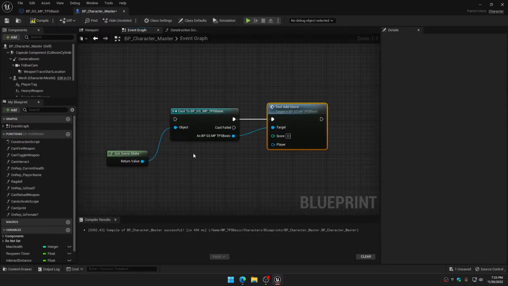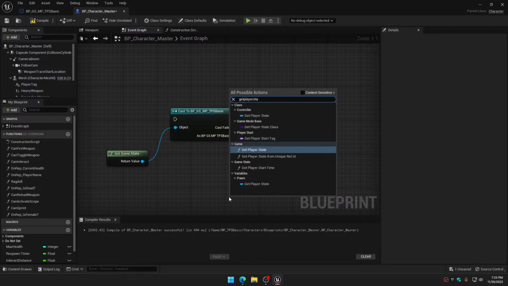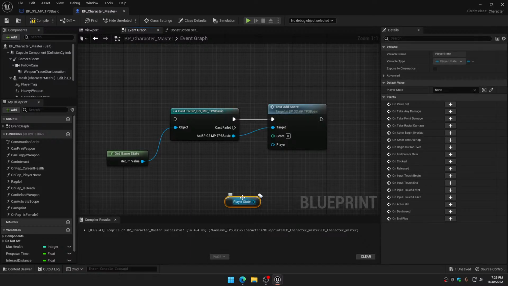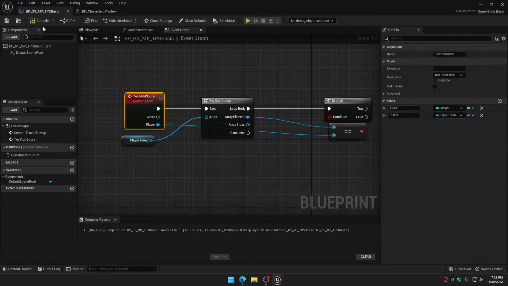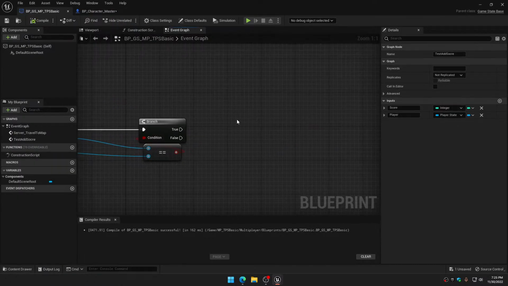Okay. So then you would have to get the players, get player state. And you would have to get this character's player state, and you would pass that through, right? So that's this character's player state. And then it would loop through all the connected players until it got the same player state as that guy, right? And then when that became true, then you would add that,